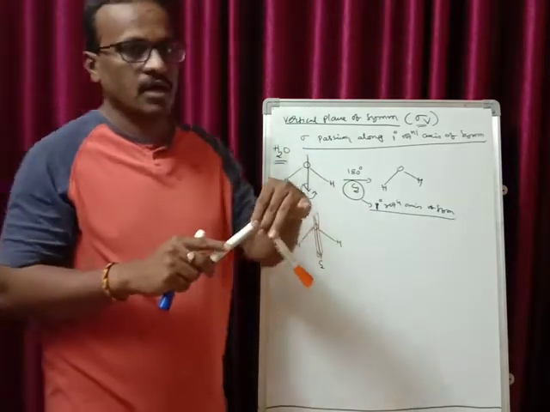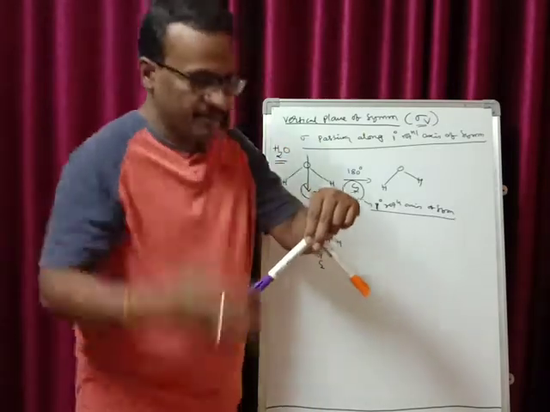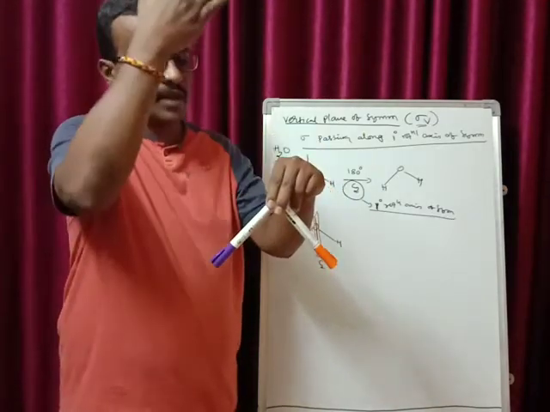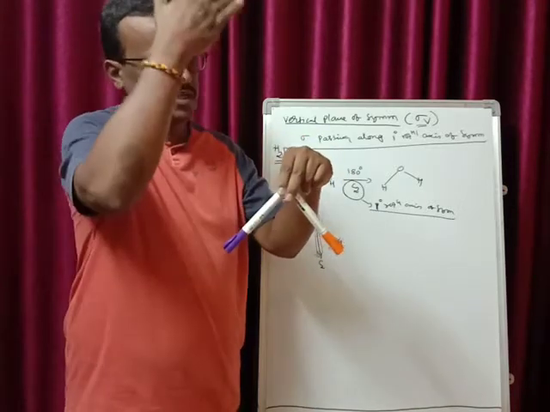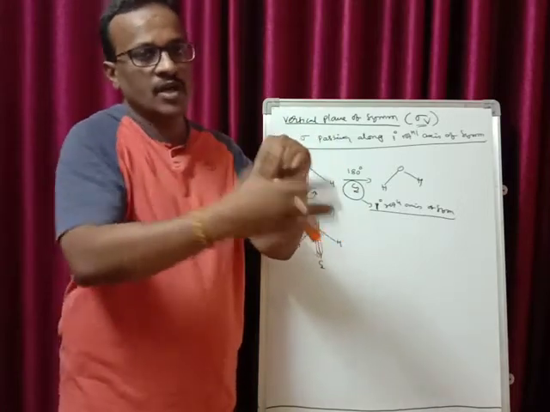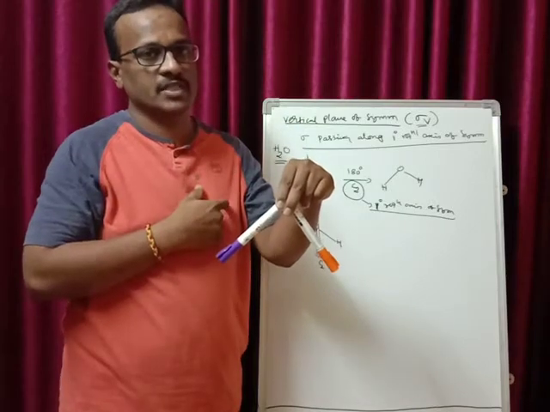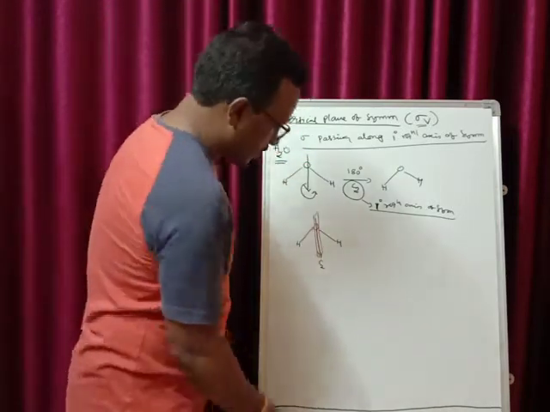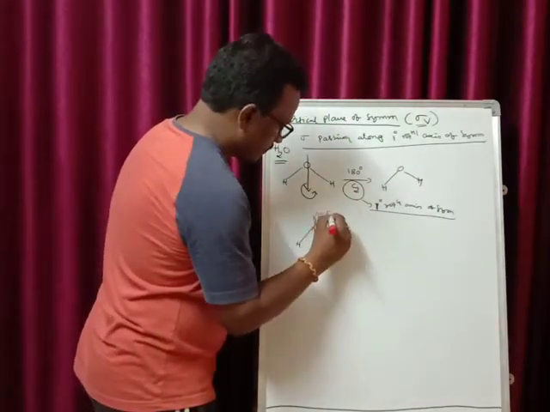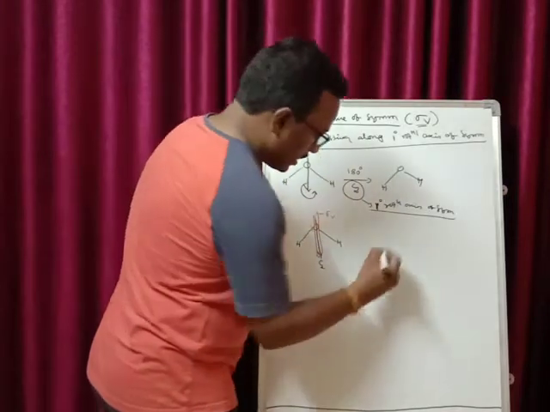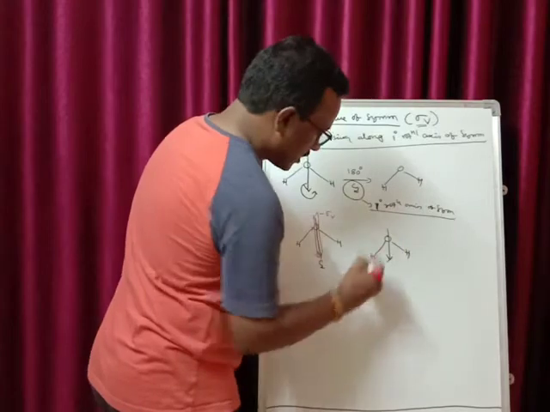Similarly, there is one more vertical plane of symmetry in the water molecule. That is the plane which is running like this, passing through the oxygen and the two hydrogens. If you cut this molecule from the center, you get two equal halves. Here also it is running parallel to your principal rotational axis of symmetry. Therefore, in the water molecule, this is one sigma v which is running parallel, and the other sigma v which is also running parallel